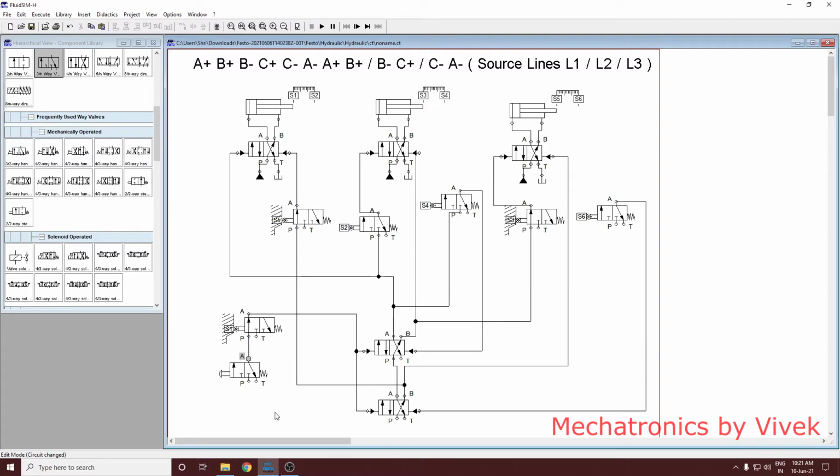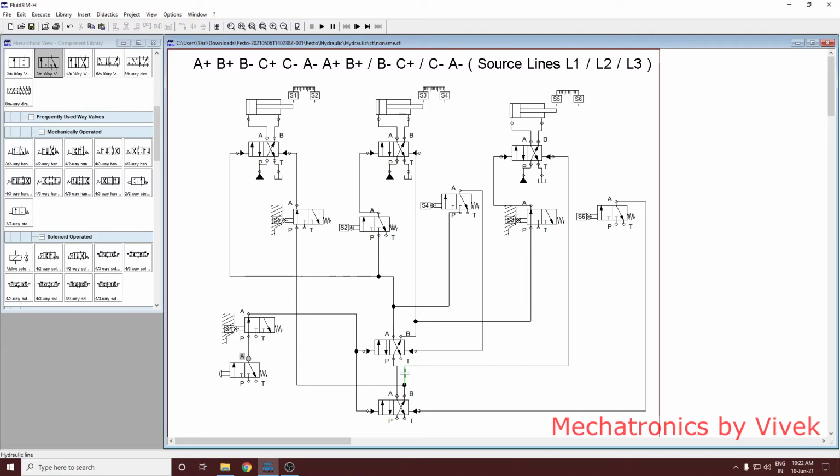It is grouped. Three groups are there: A plus B plus. A plus B plus is delivered by this first source line, and after that there is change of sequence. So from this source line you have to take a tap here. To this valve there is change of power to this second source line, which delivers power to B minus and C plus, and after that there is again break of sequence, and C minus and A minus are delivered by this third source line. Okay, because we need 3 source lines, we have used 2 cascade valves.